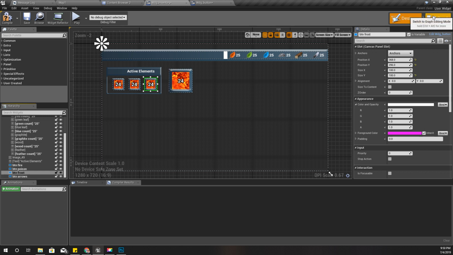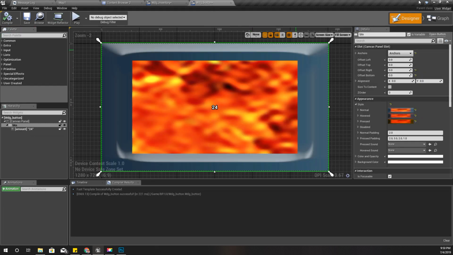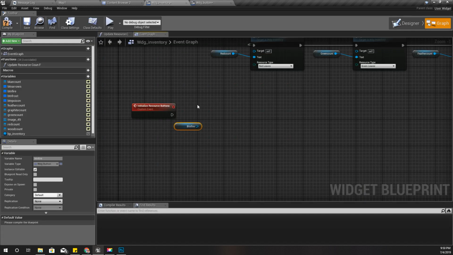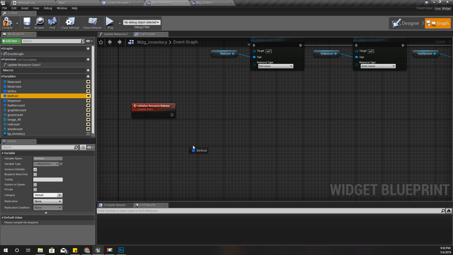All right, now let me take each of these. For the button fire, I don't have to do anything because by default it has the fire texture, so I'll ignore that one. And button frost,